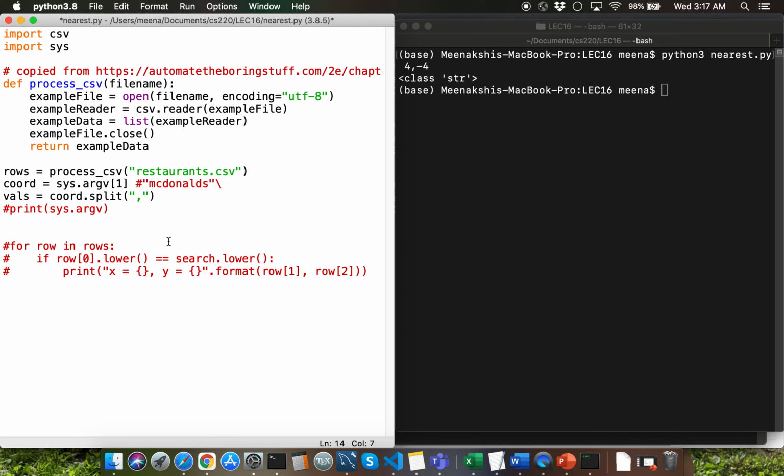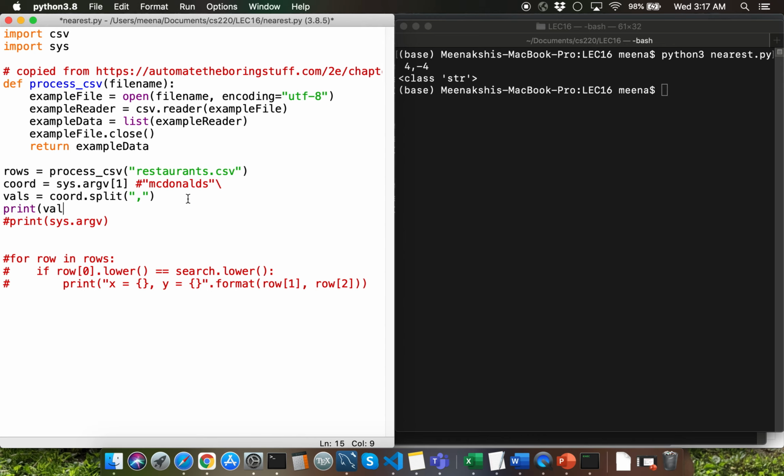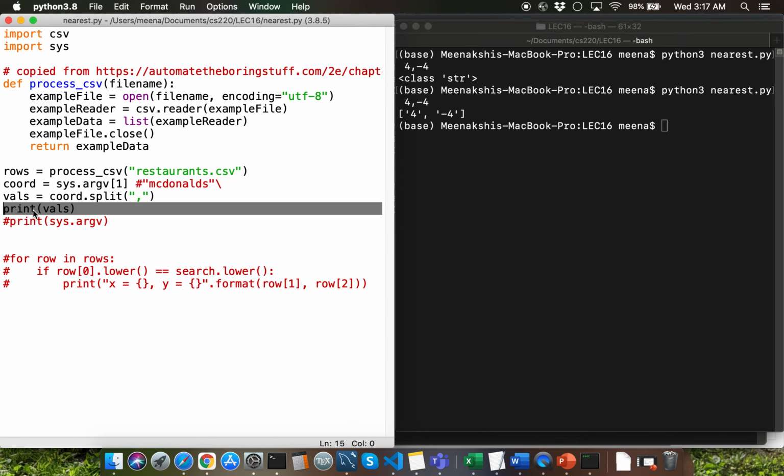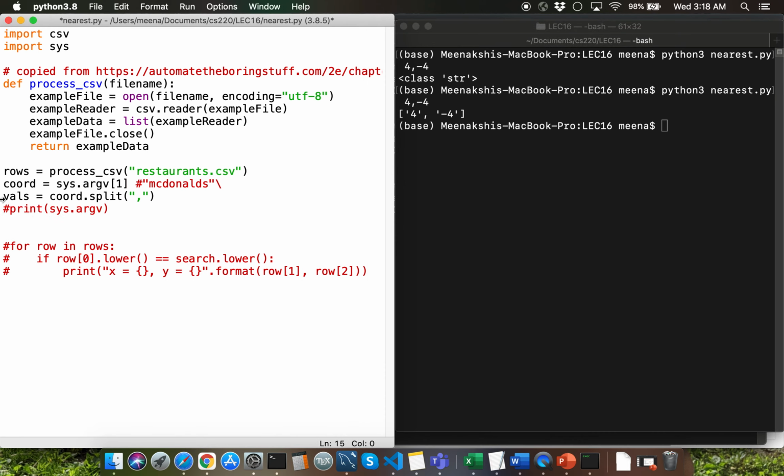For now, I'm going to save that into a variable called vals, and let me call the print function to display vals. Observe that we are getting a list of strings here, which are the split parts of this particular command line argument. I'm going to teach you a concept called value unpacking.